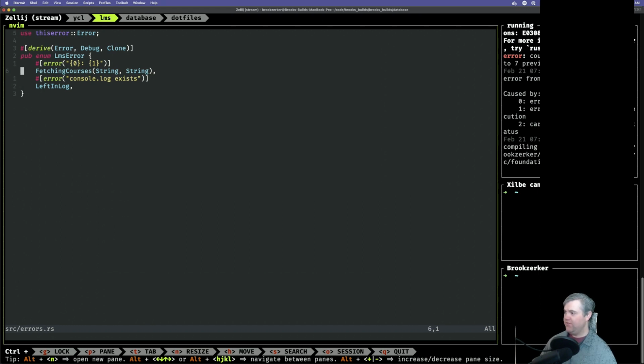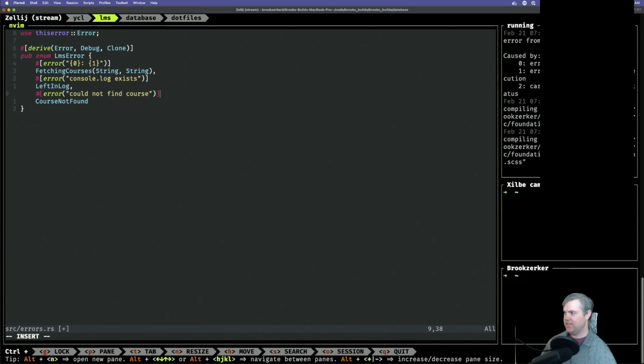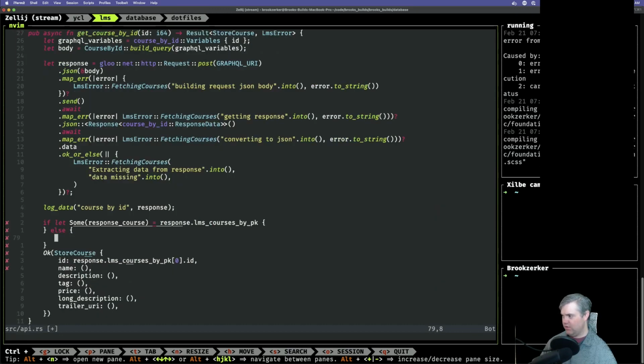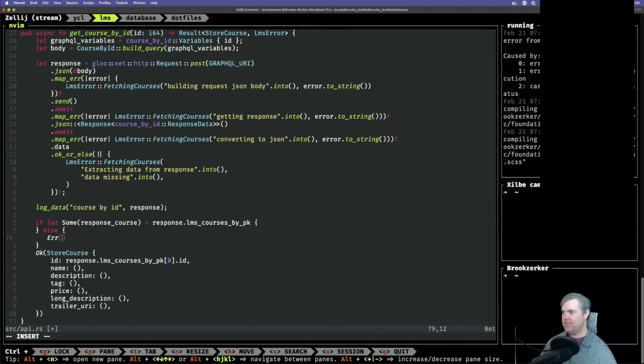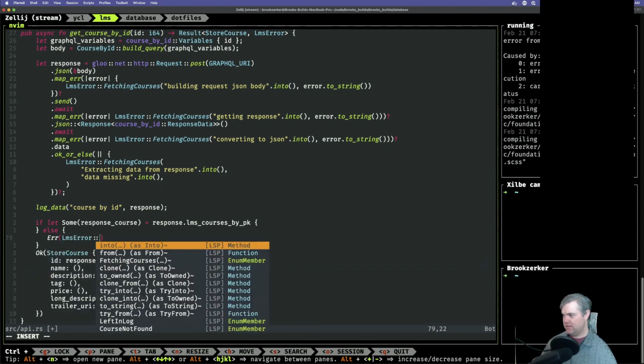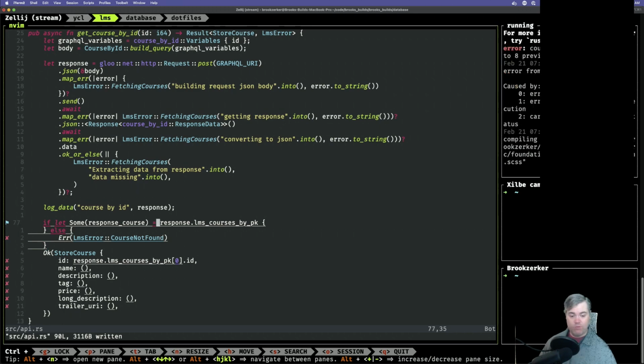No, I don't. Fetching courses. So I think I could do this as an error. Could not find course. So course not found. Oh, that doesn't exist there. Okay, back to the API. So we're going to return an error. What kind of error is this? This is an LMS error. Course not found. All right. If we're okay though,